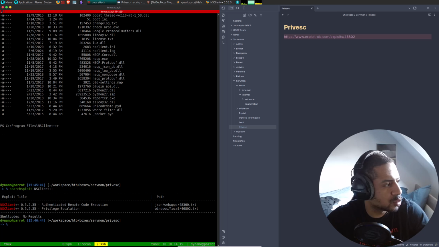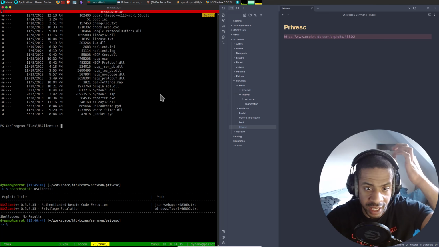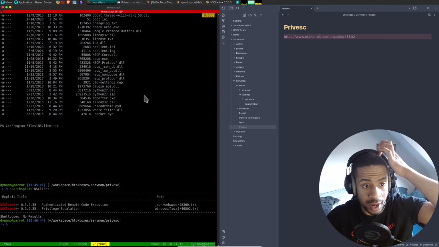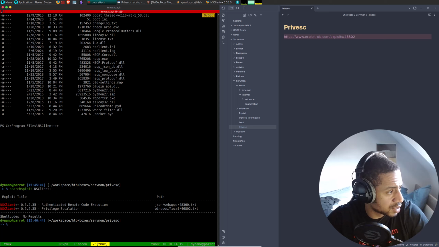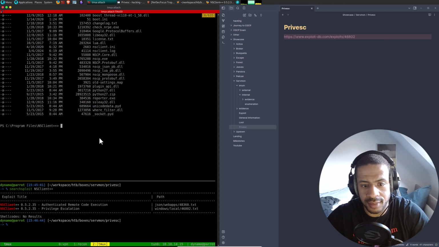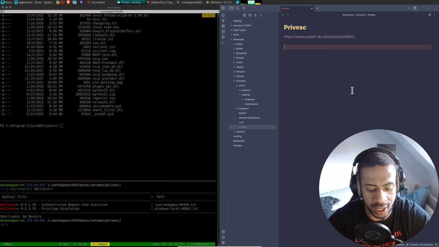So what we can also do when we have a folder like this where there might be passwords is this credential hunting script. I'll show it here.